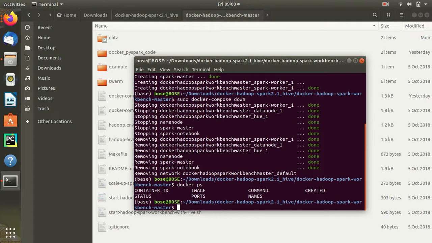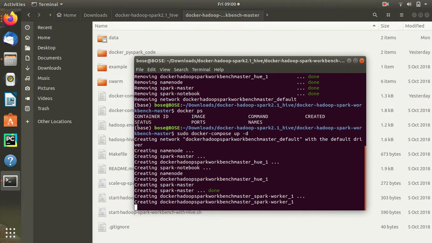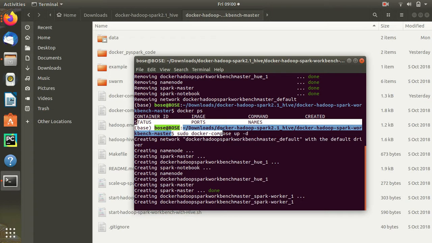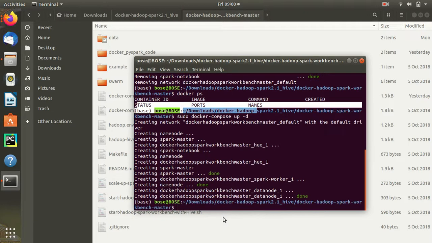One second, I have to make a docker up, then only it will come up. See, previously in this line there is nothing because I made a docker down. That means I put all the containers, which you can think of as each node, down.